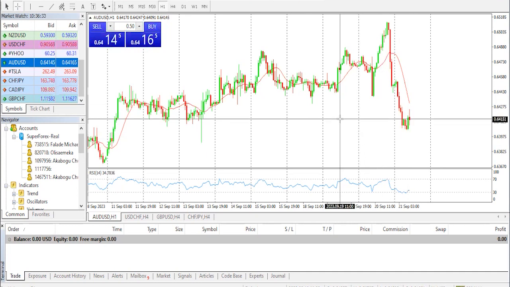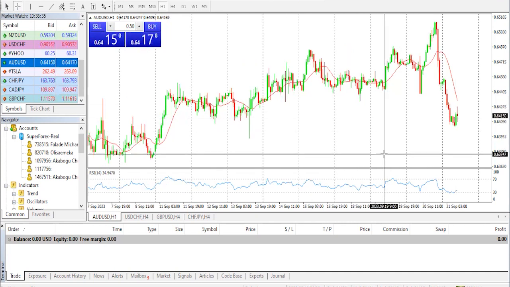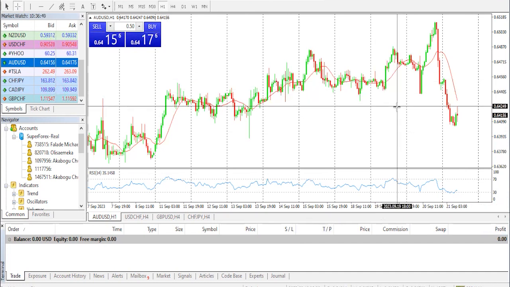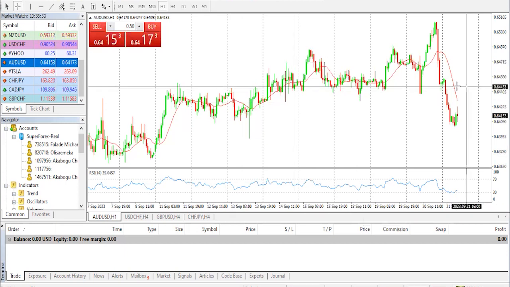Now, the USD index DXY, which tracks the greenback against a basket of currencies, jumps back closer to a more than 6-month top touched last week, and remains well supported by the Fed's reserve after a hawkish outlook, as was expected. Now, the US Central Bank has decided to keep interest rates